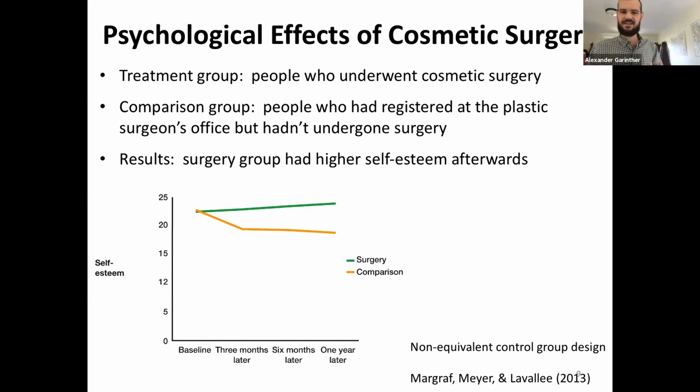They decide not to carry forward with the plastic surgery, and we could track their self-esteem over time and compare it to those who came in for an initial meeting and did have the plastic surgery. We'll probably hold constant the type of plastic surgery, say it was a nose job or something in this case. And by comparing these two groups, we don't have a perfect experimental design, but this is our best guess at